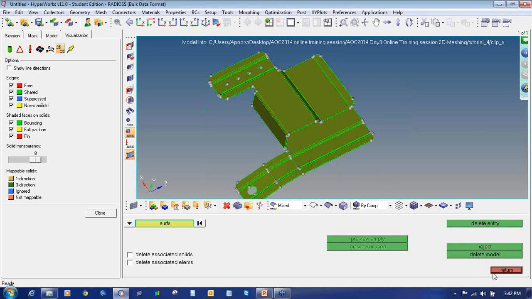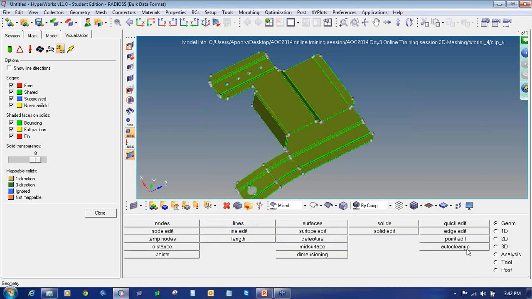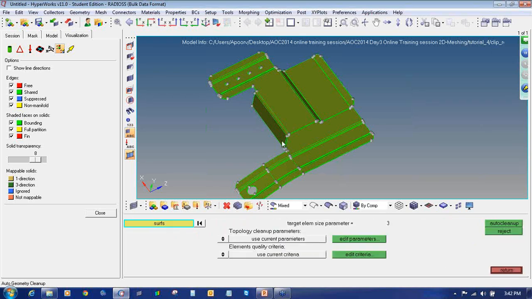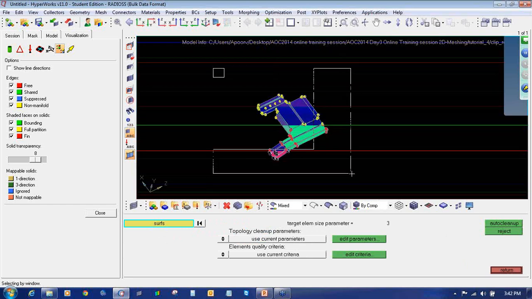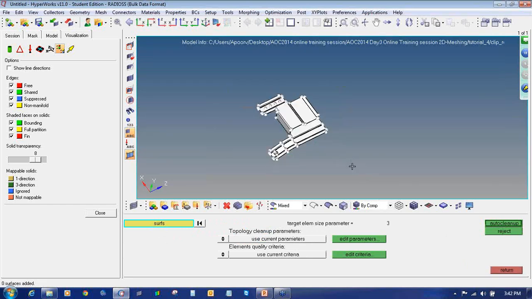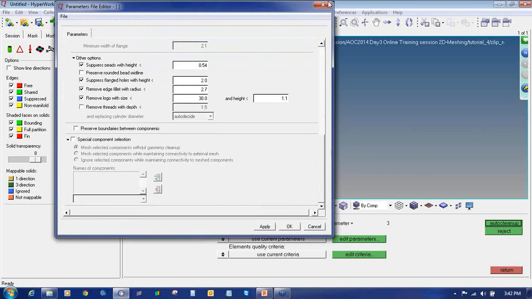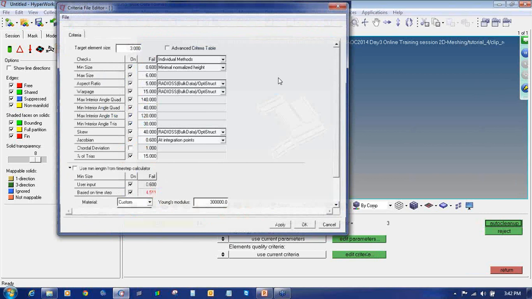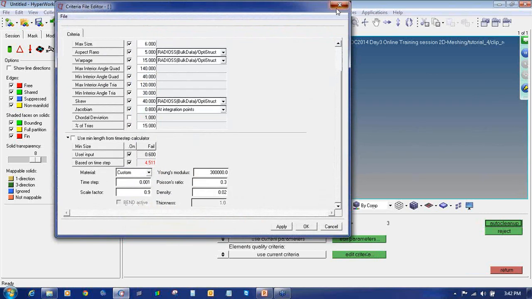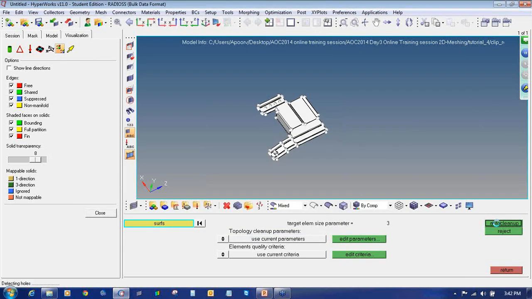Also, we have auto cleanup option on geometry, auto cleanup, on which you can select the elements at once, keep the edit parameters as it is, and the criteria as the default one, and just click on auto cleanup.